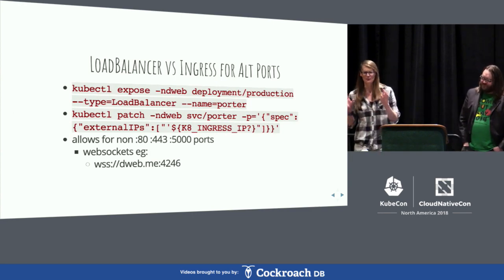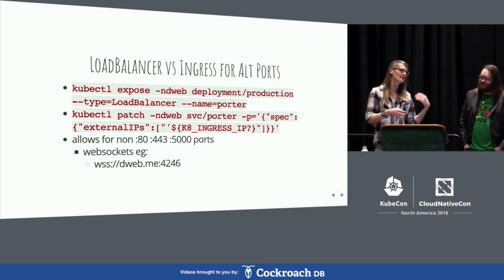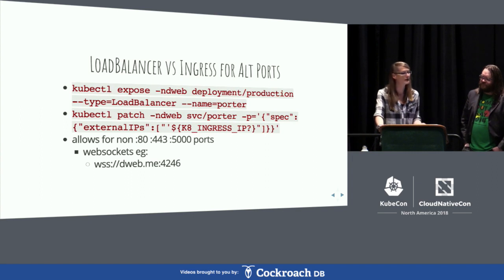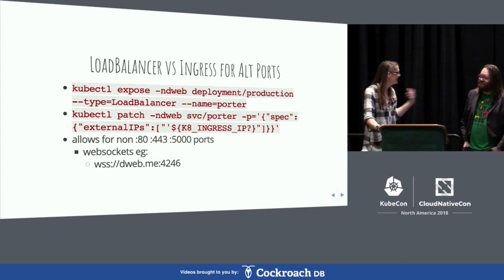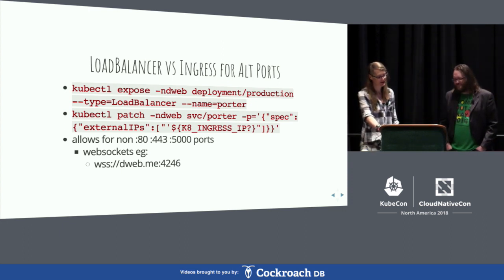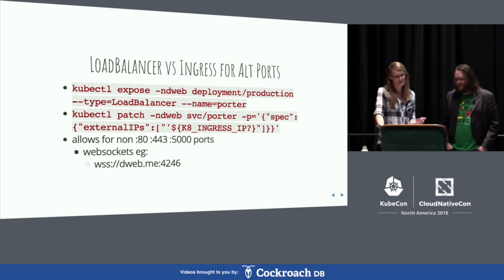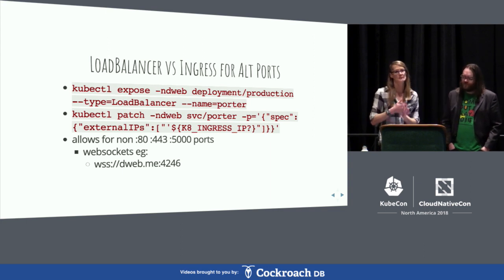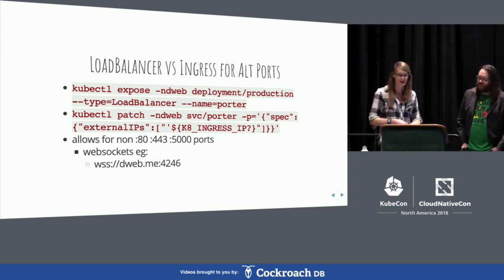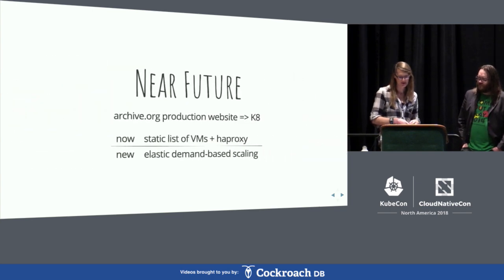One very last thing, this is really in the weeds, but for DWeb, we needed to expose all sorts of fun and interesting ports. We had a hard time with any of the ingresses, and it was baffling. I spent almost a week on that, and David jumped in and tried to help, did help. And basically, you can't do it. At least I couldn't find any way to do it. So you just make a separate load balancer, and it's just 2 lines of code. It figures out what the service is, figures out what the exports are, and it just handles all those ports for you. So that was a really nice thing, and that allowed the DWeb to go out after some delays.